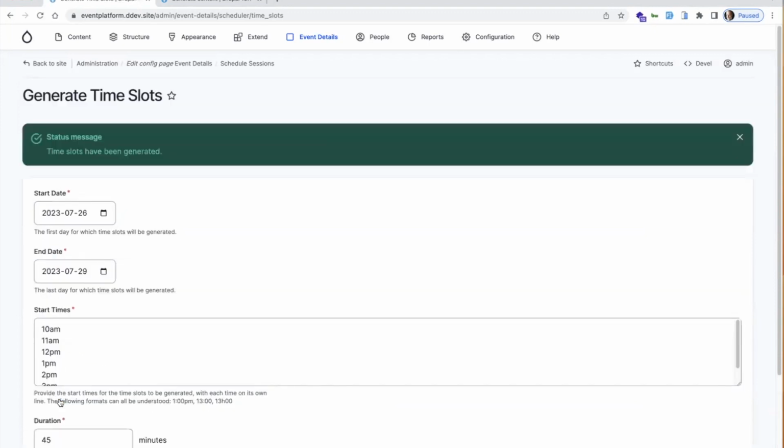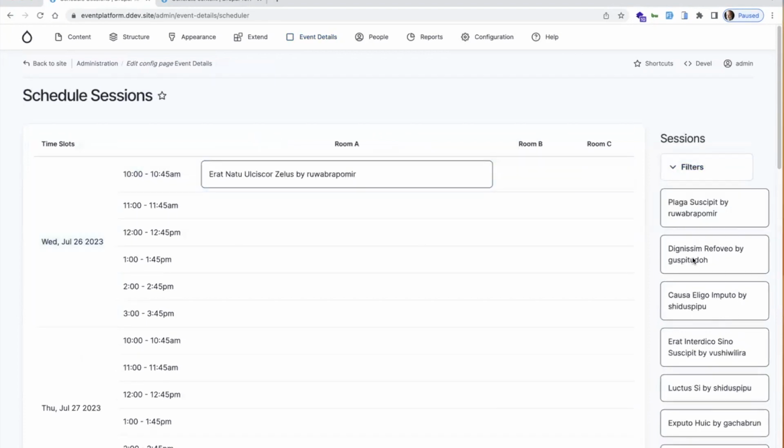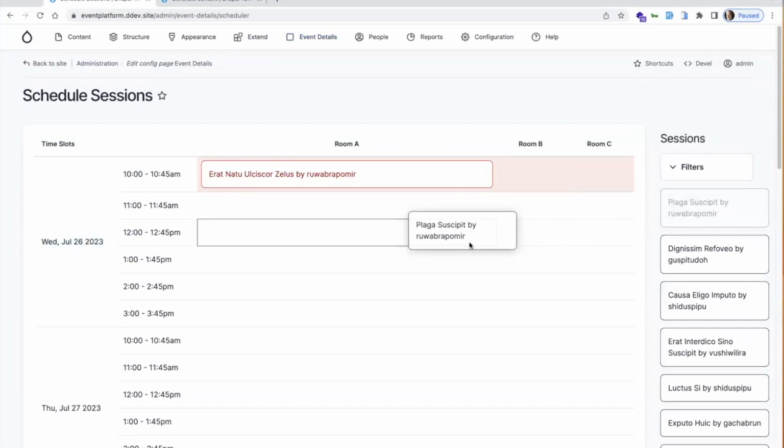So now that it has gone through, it's created all of the time slots based on those parameters. We now go back to our session schedule. We can see that we have all of those different time slots. We've got the rooms. Again, these are the defaults, but you'll want to customize that list. And now it's a simple drag and drop process to assign the different sessions to different rooms and